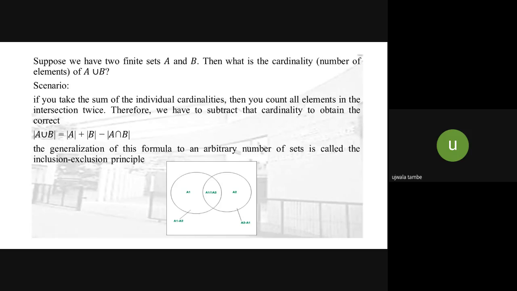Whenever we are considering the union of any two sets, we are considering each element only once without repeating it. For that, if there are two sets, then we are going to follow this formula. That is, for finding A union B, we take the elements of A plus elements of B minus elements of A intersection B.